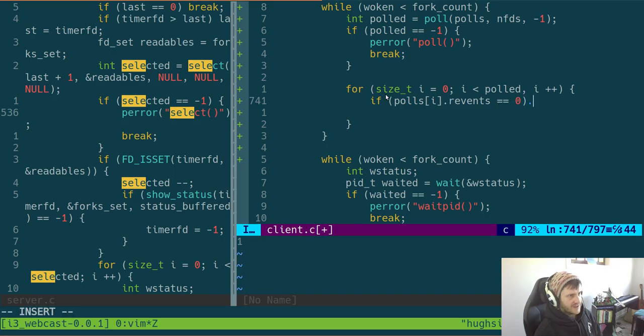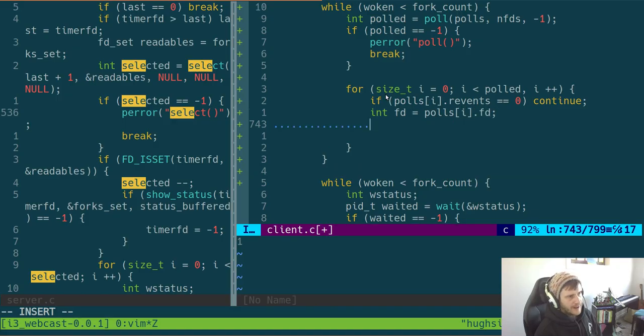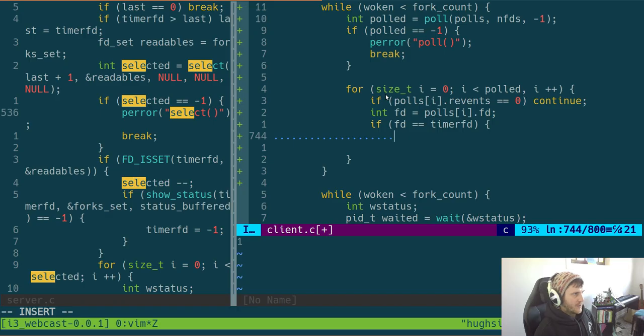If that is the case, we'll just continue. Otherwise, we can get the FD, which is pollfd dot FD, cool. And if FD equals the timer FD, then we just want to go show status, yeah, and we'll pass in the timer FD and the